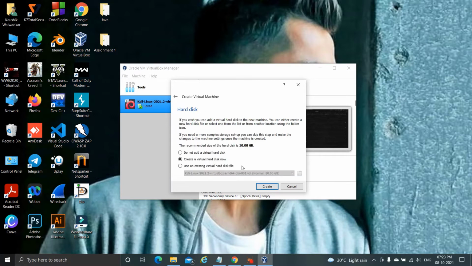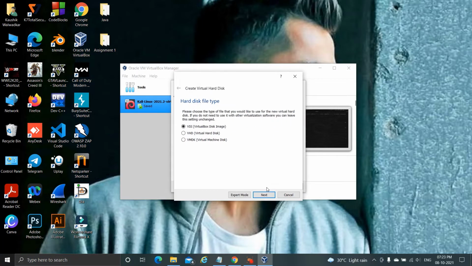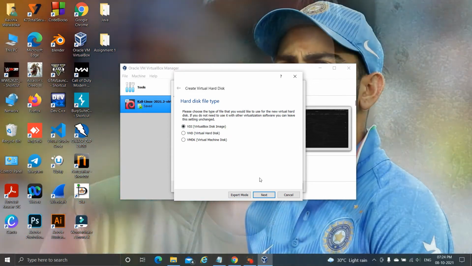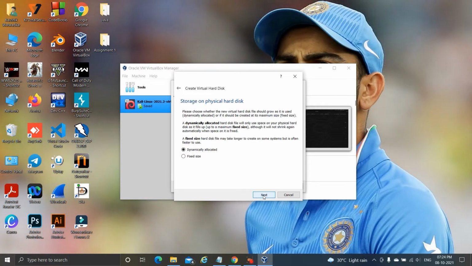So here is the hard disk space, and the recommended hard disk space is 10 GB. So leave it as it is, don't make any changes. Here also just choose VDI, that is VirtualBox Disk Image, don't make any changes, and for storage on physical disk, choose the dynamically allocated option,